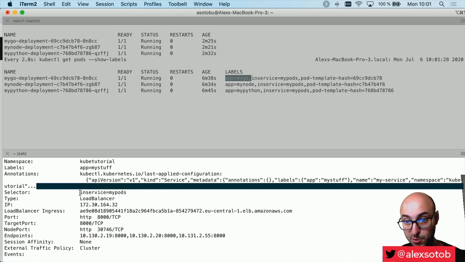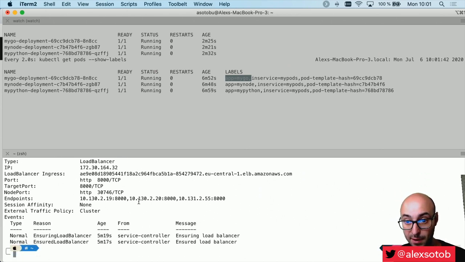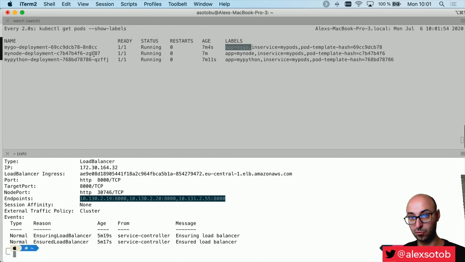The selector is in service my pods, so here is where I can see all the pods with the label in service my pod. It means they are going to be served by this load balancer, or by this service. And if you check here endpoints, notice that there are 3 IPs. The reason is that these are the endpoints which this service is serving, right? So for example, I can do now,